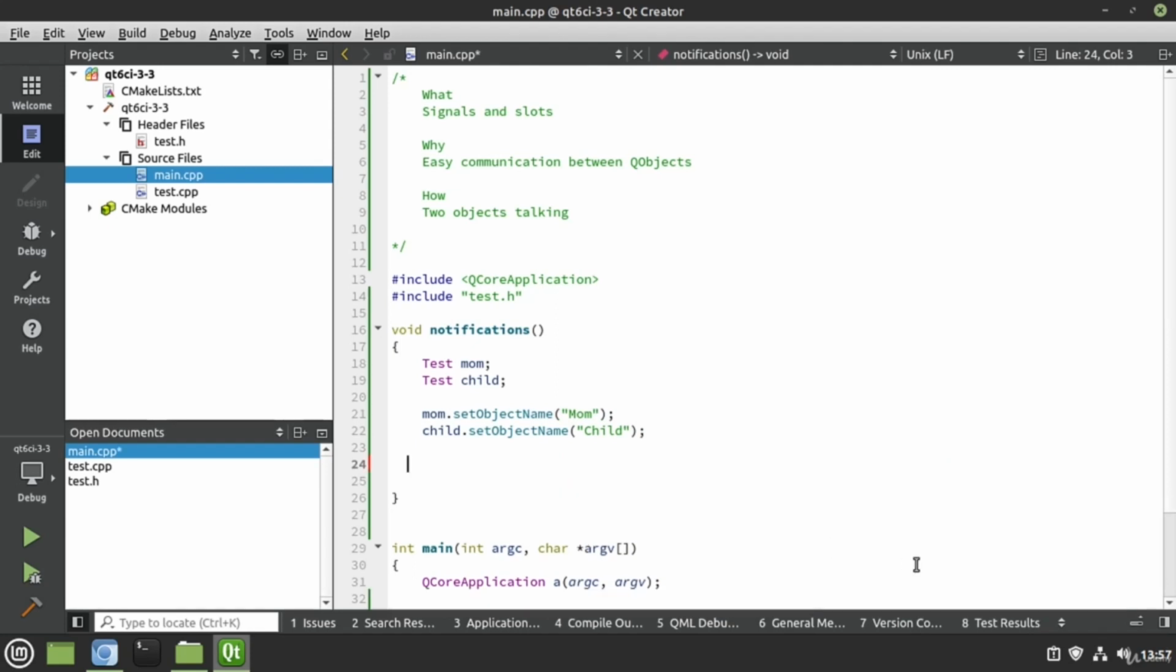All right, let's go ahead and get rid of that. Now what we're going to do is connect these two objects together. It's very important that you connect them before you try to emit a signal, because the slot will simply never get called. So we're going to say QObject,